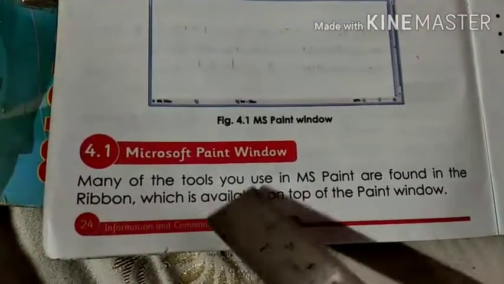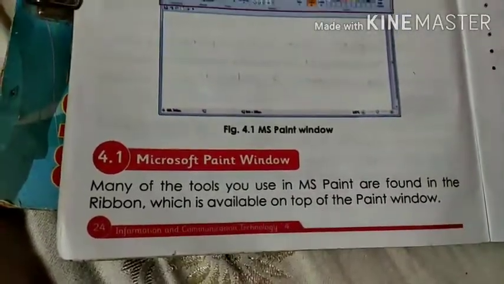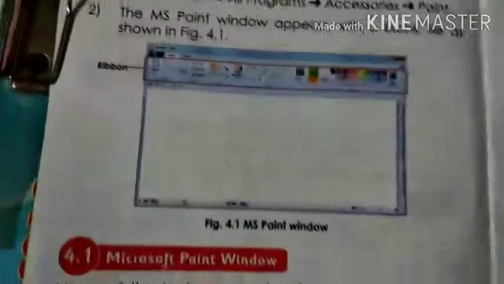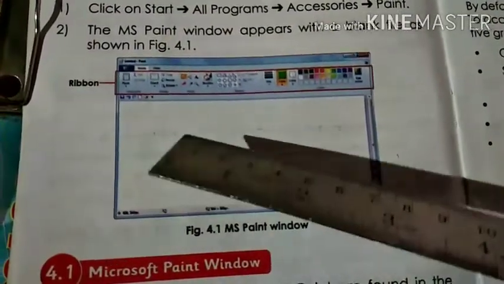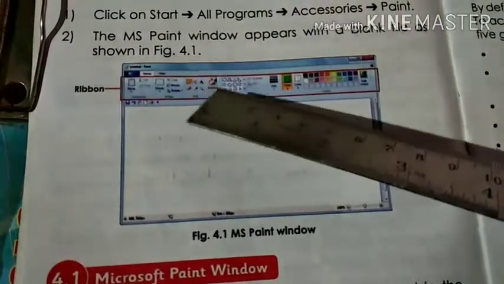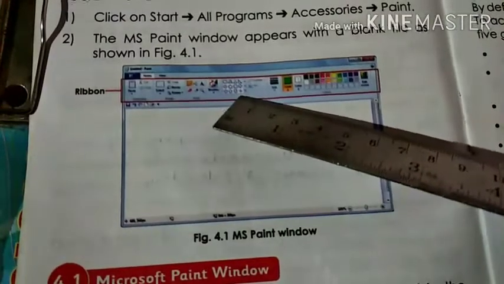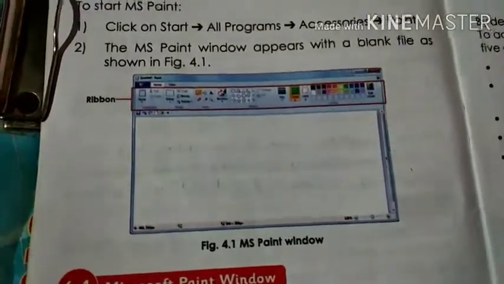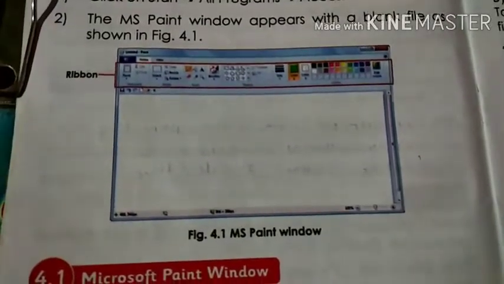Many of the tools you use in MS Paint are found in the ribbon, which is available on the top of the Paint window. So everything we use in MS Paint for drawing is there in the ribbon only. Whatever you want to choose, you can choose from the tools group, the shapes group or the colors group. Everything is there in the ribbon only.